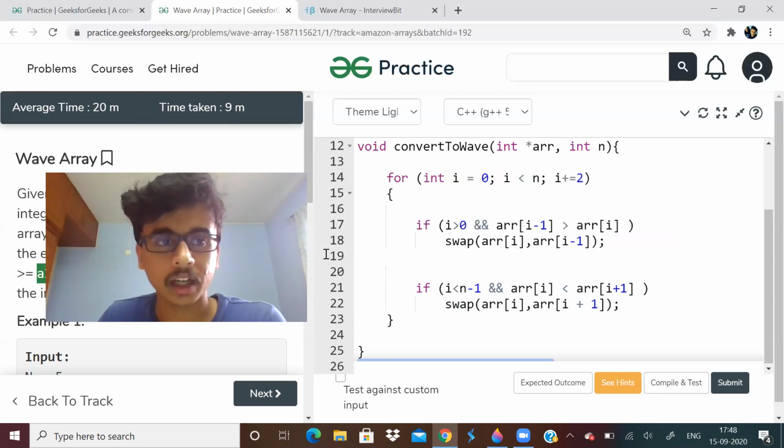So this is one kind of wave array question wherein the array is already sorted and they are not asking anything else. We have to just rearrange the elements. So the key point is focus on the even indexed element, and if the even indexed element is less than its left neighbor, swap it. If it is less than its right neighbor, swap it again. So two if conditions, O of n solution, O of 1 space complexity. So this is the best for this question.